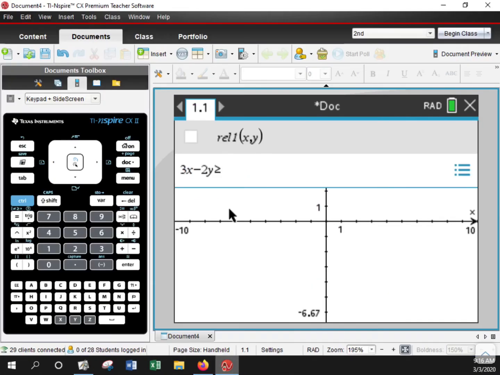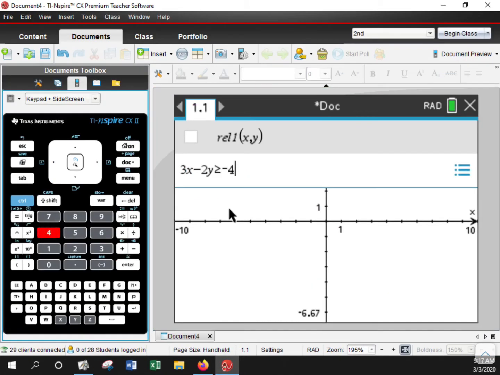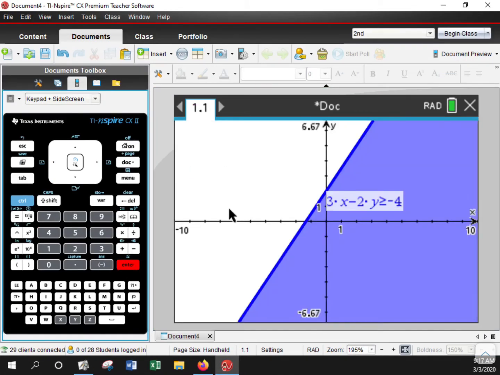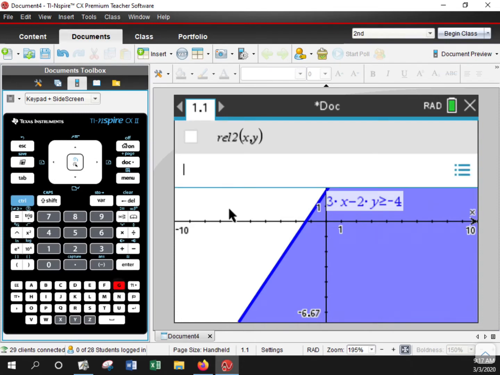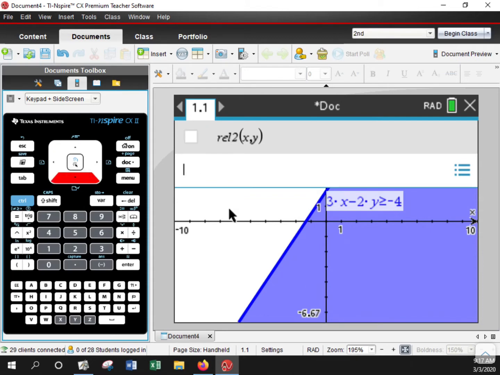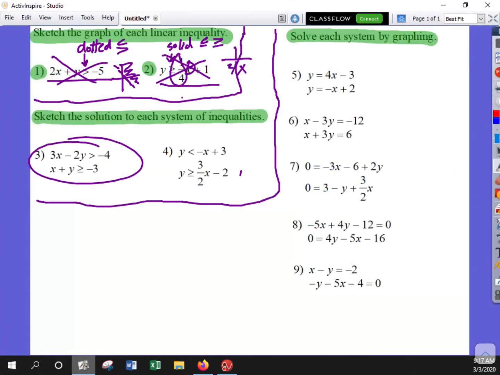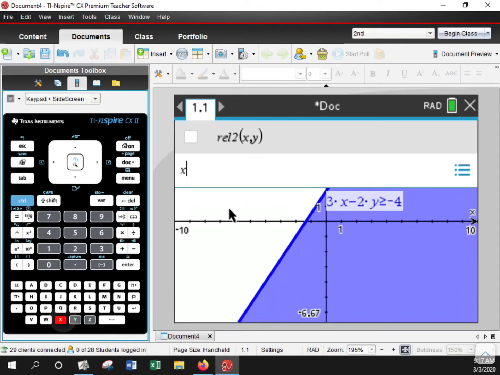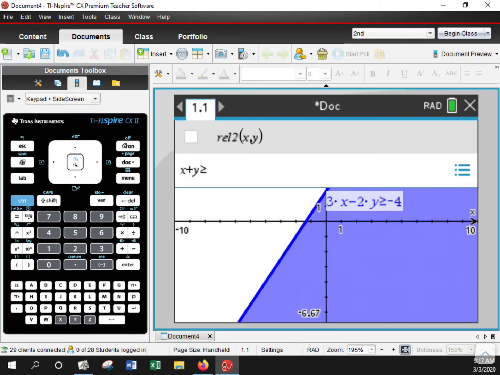Yes, -4. Okay, now I can hit enter, but then what I'm going to have to do is hit Control G or hit menu entry edit to get back there. So what I could have done is just from here press down, and then it would have graphed that one, and now I can choose to graph the next one. So x plus y is also greater than or equal to